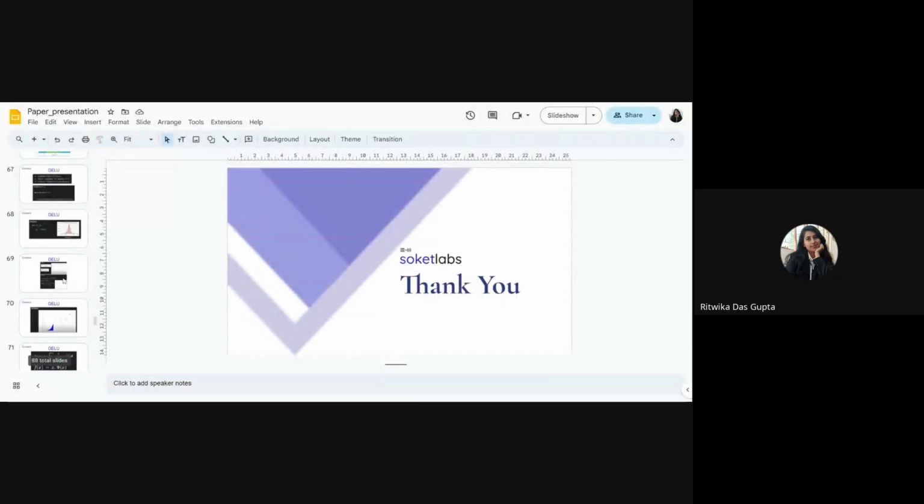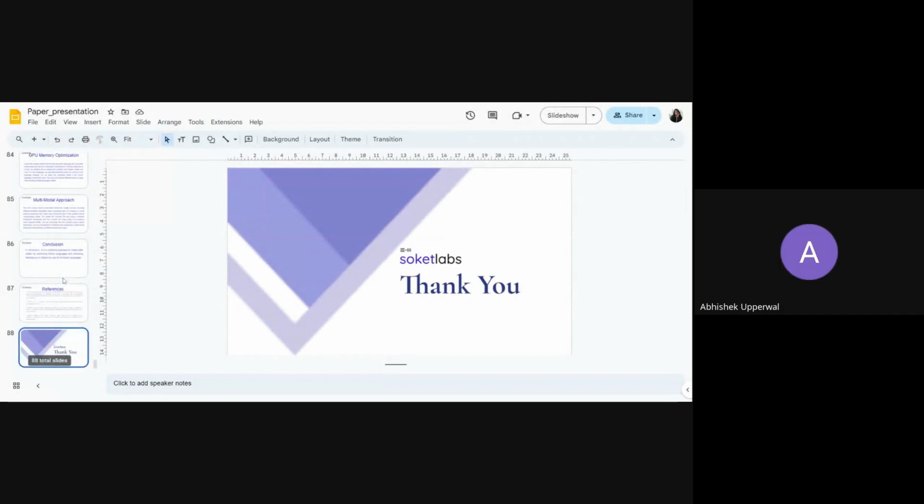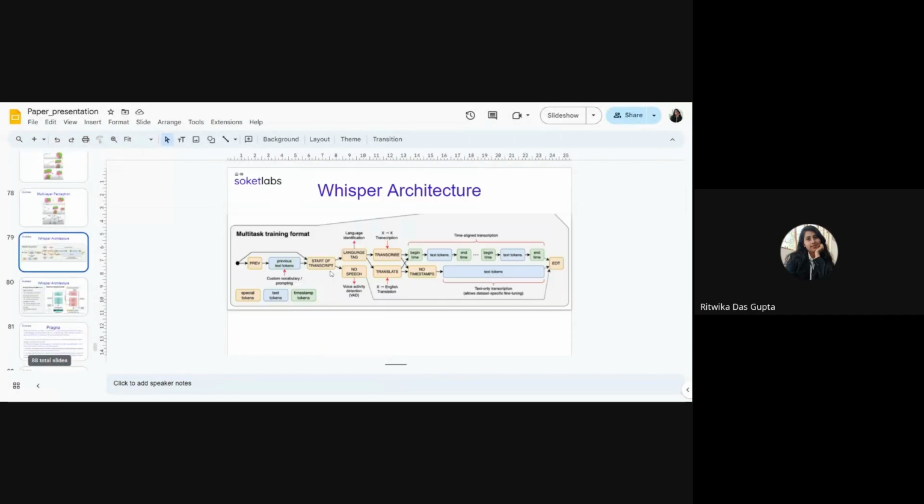How are they giving that identifier? Ritika, can you present the slide once more? Yeah, I think I got the question. In the first slide, I think Abhishek is talking about this, because it is the same problem we were facing, right? Ritika, you were creating that classifier to tell the Indic Wav2Vec, this multitasking format you're talking about, right? So they have this language tag.